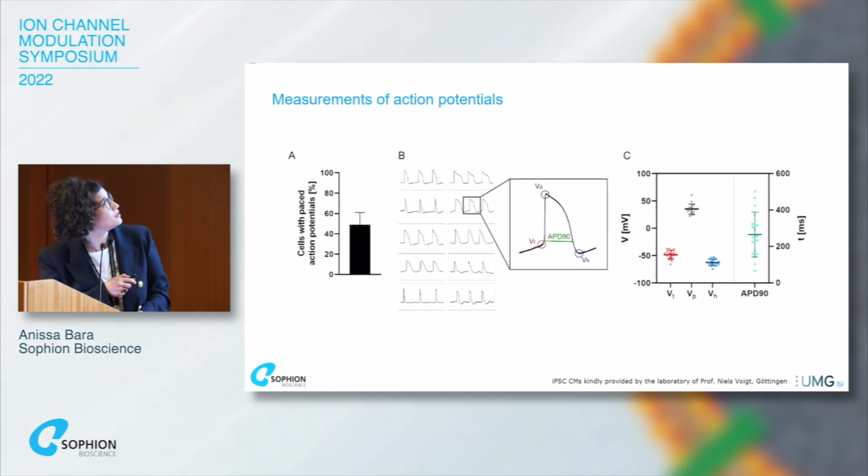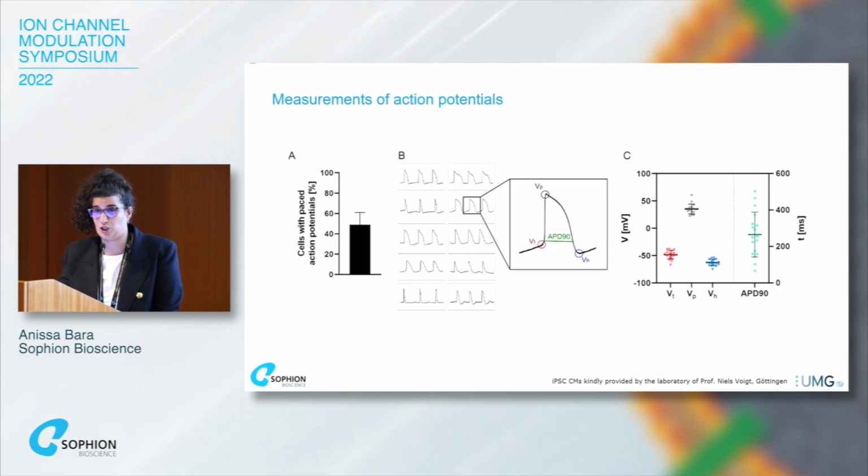So here, as I mentioned before, we were able to measure action potentials in 50% of the cells that we have been recording. And as you can see here on panel B, those action potentials have a huge variability in shape. It can be due to immaturity, it can be due to different parameters,